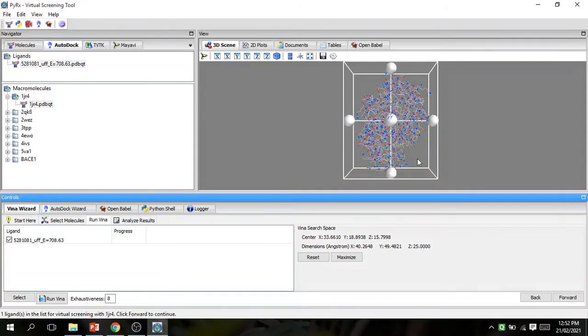I selected all of the protein. Okay, next step is forward. These are the centers and dimensions.